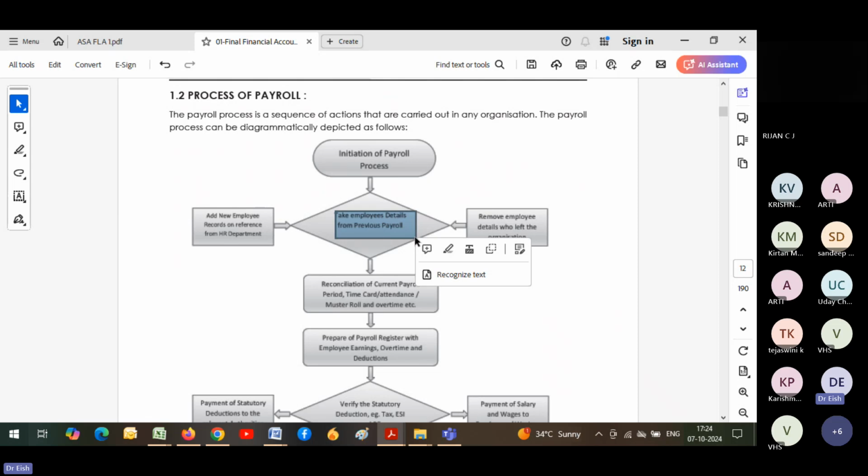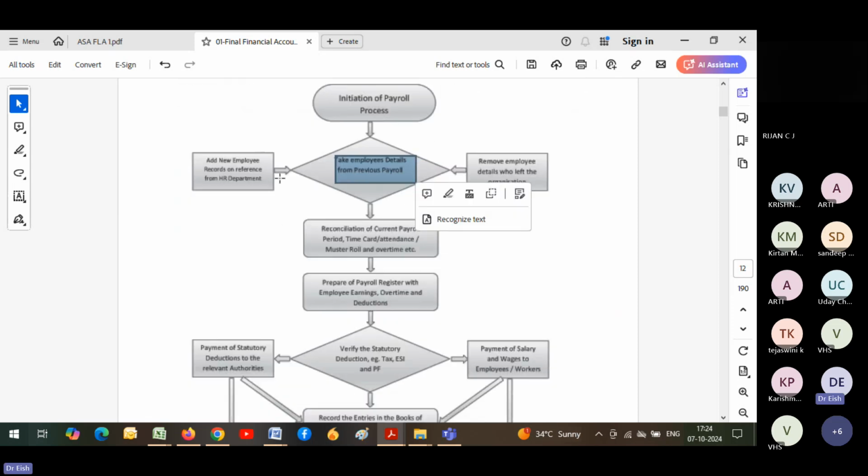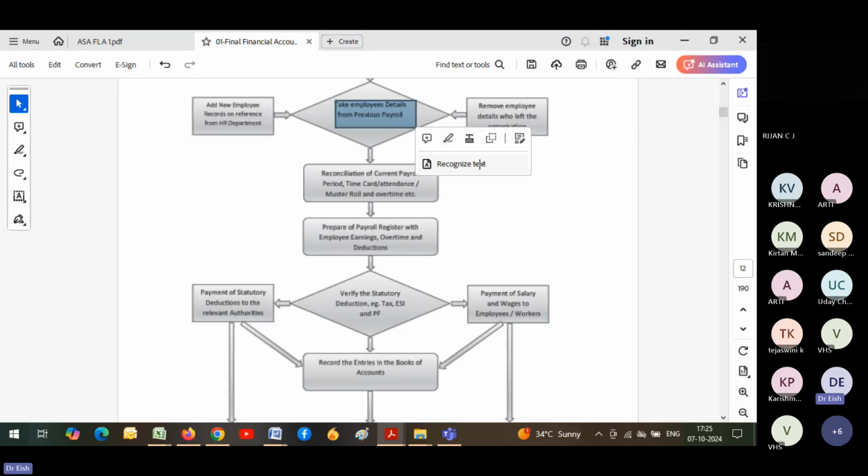What you will do is, last month जिसने बनाया था आप उससे ही डिटेल ले लेंगे। ओके, उसमें आप add new employees who joined the organization and delete employees who left the organization. Okay,